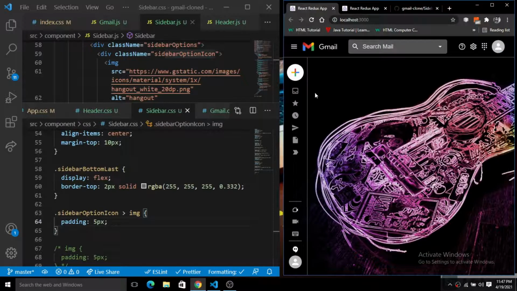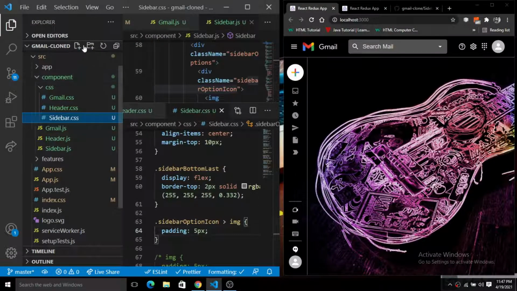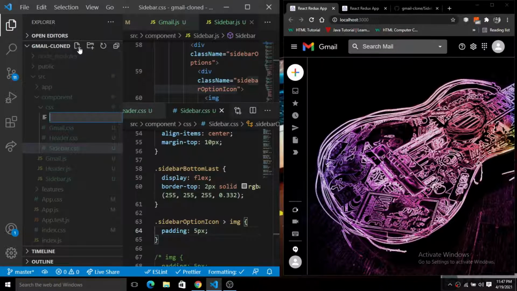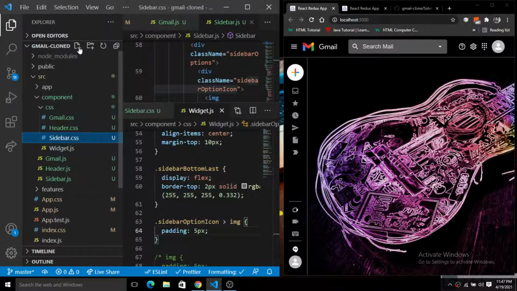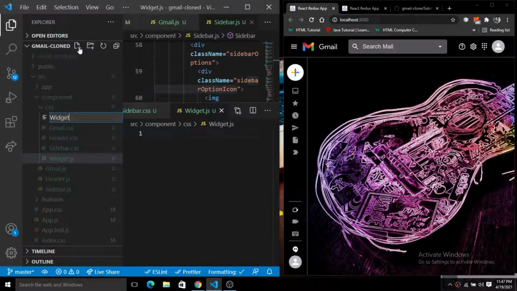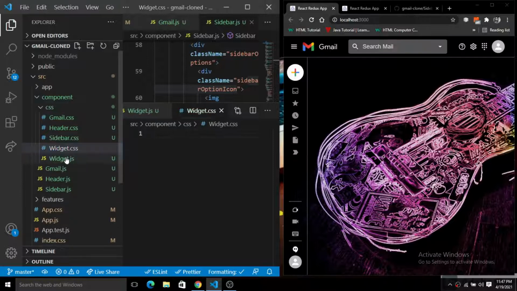So let me just create another file here with the name of widget.js, and create another file of widget.css. Just grab the widget.js, put it inside of this header section here for the widget.